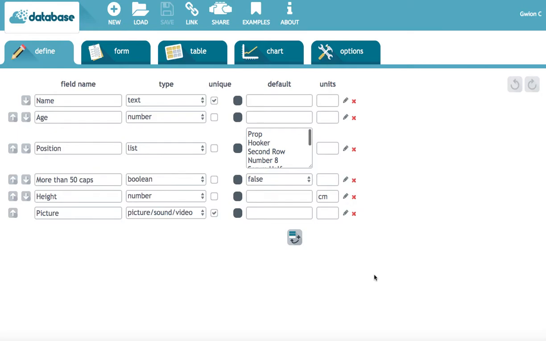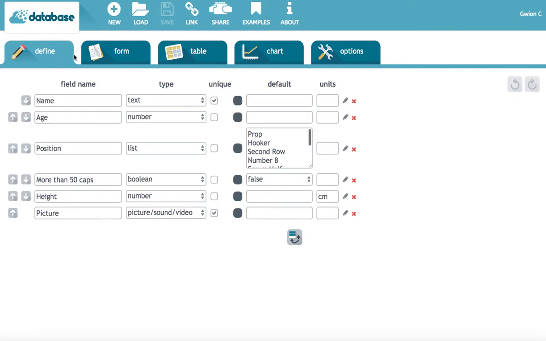In this video, we're going to have a look at how we can input data to your database. During the last video, we looked at how you can define the data fields that you were going to include in a database. We had a look at the data types and different types of validation and techniques that you can use to ensure that the data inputted would be accurate. We had a look at the default and the units,